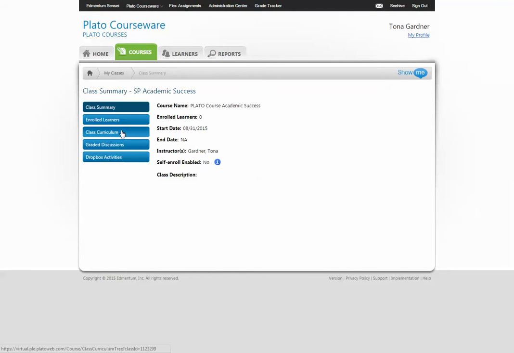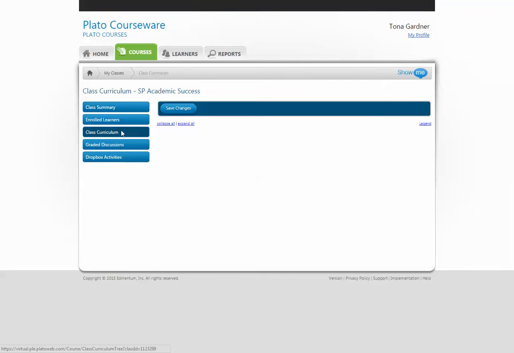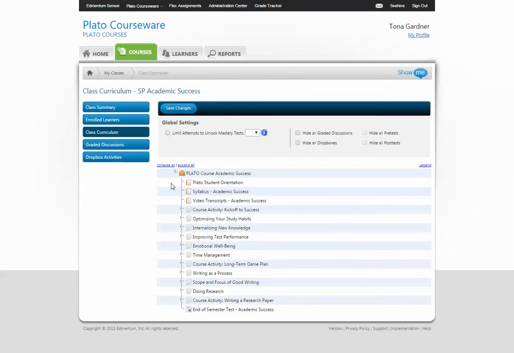And I can also customize this a little bit. If I come into my curriculum, I want to, of course, lock down all my tests right away so that my students can't go in and open up those tests from home. But once I've locked down my tests, I could come in here and maybe there's 2 or 3 of these units that I'm not going to have my students complete. I'm going to do something in class instead. I could actually go in and hide those units, and then my students wouldn't see them and they wouldn't be held accountable for them. So those are the 3 different ways that you can use Plato: a little bit more,